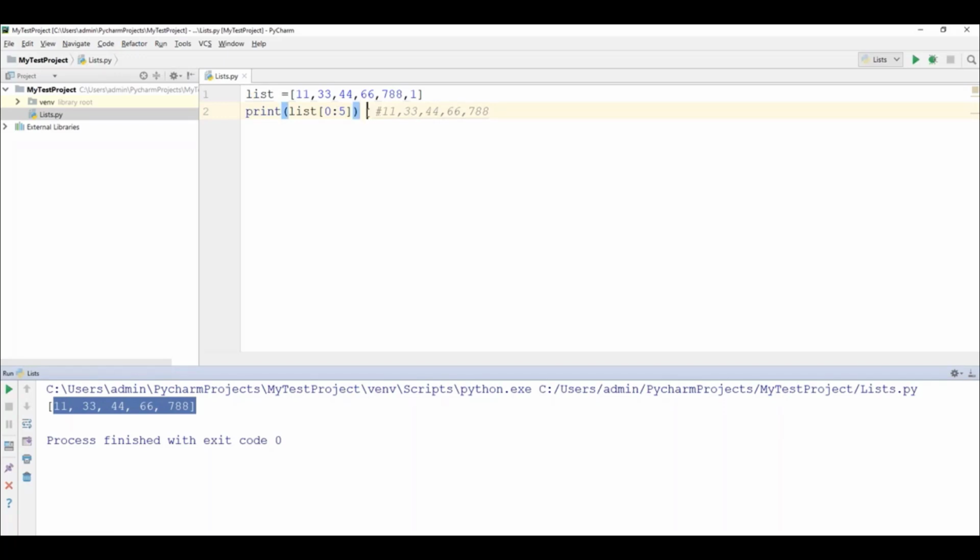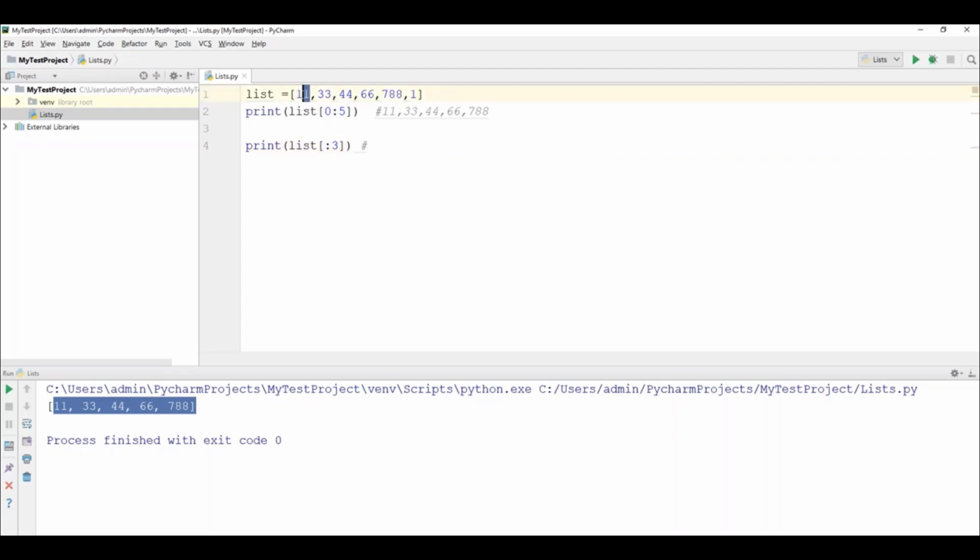For example, I will write one more notation here. So here I have written print list, and here let's say 3, but in the starting value I haven't specified anything. Now what happens? If I don't specify anything in the starting value, it will start from 0 itself. That will be considered as 0. Now it is considered as 0. What are the values we are getting from here?